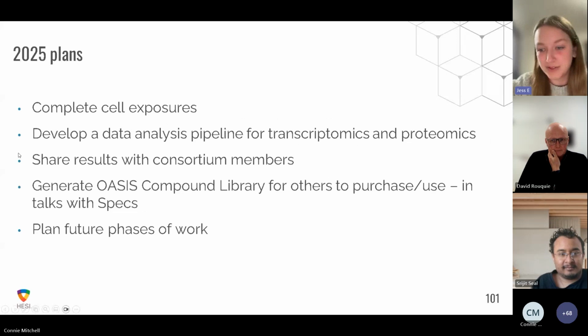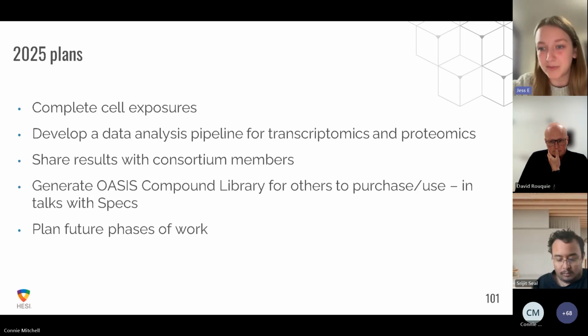All right, so for 2025, we have plans to complete the cell exposures. We've already developed the data analysis pipeline for the cell painting data, but we'll modify this for the transcriptomics data and the targeted protein data. We'll continue to share the results and especially the data with consortium members, and then generate an OASIS compound library